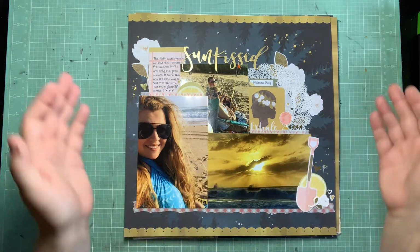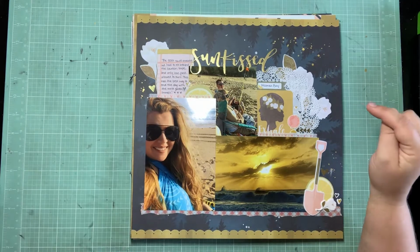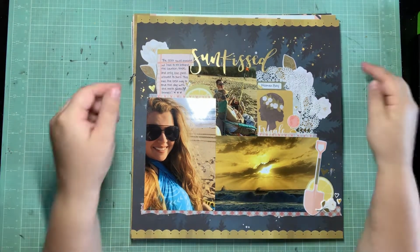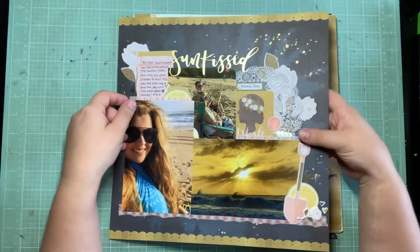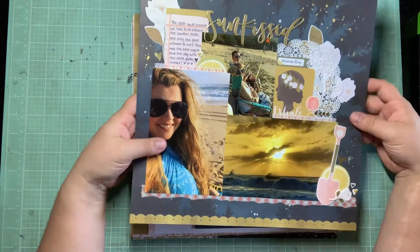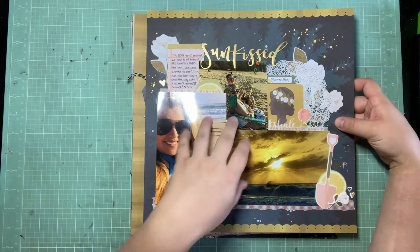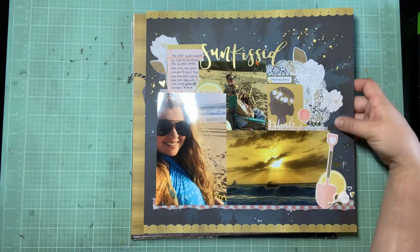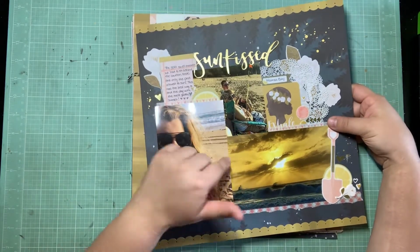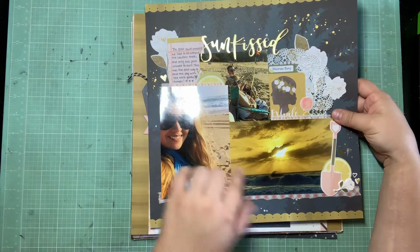I had posted layout 2, and this is kind of the ones that you've seen from there. So layout 2 was not for a challenge or anything. I think I just wanted to dig into this kit. I really liked this background paper. And I really wanted to get these photos scrapped because I'm kind of hopping all over the place during my Hawaii vacation, but I'm trying to semi-do it in order even though I'm jumping around, and I kept skipping this page, which was in the very early part of the trip, because I didn't know how to do this whole